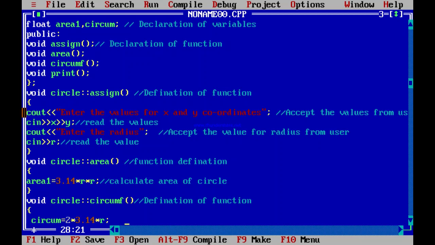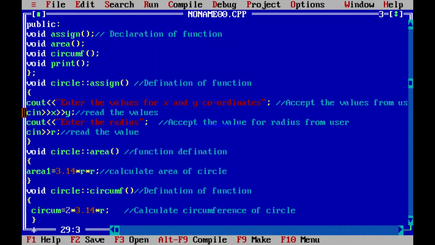So I am going to put the comment over here. Calculate circumference of circle. So this is the simple formula that we calculate and store the result in variable circum and close the body of the function.